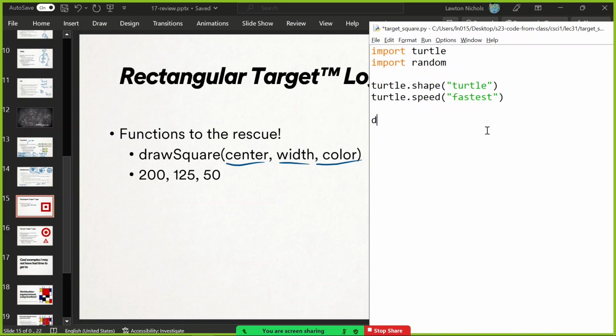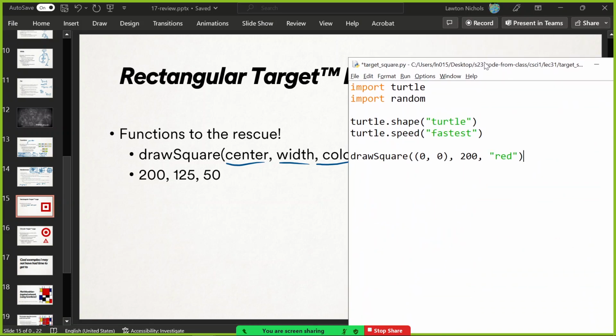Let's draw a square centered at always 0, 0, with a width of 200 to start, and then that color will be red. It'll be the biggest square. And then inside of that, we want a white square. So again, 0, 0 is a center, 125 is a good inner size for the white square, and we change that parameter. And then finally, we draw one more square. They're all centered at the same spot, but this one's tiny, and it's red again. And that will give us a target.